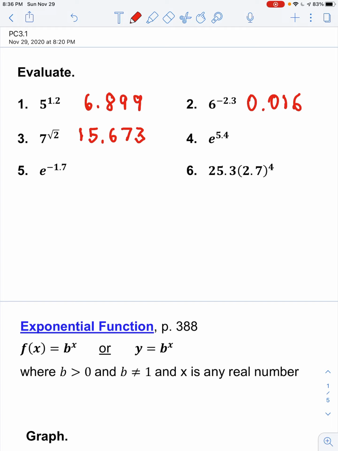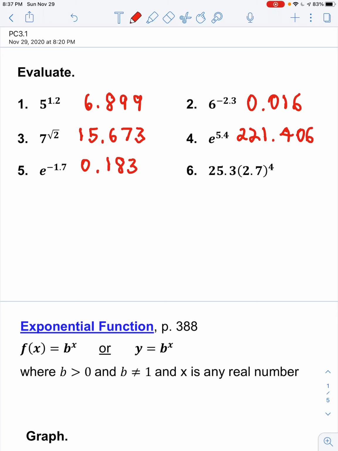E is the base of the natural logarithm. It's found above the key ln for natural logarithm. And so e raised to the 5.4 should be 221.406. E raised to the negative 1.7 would be